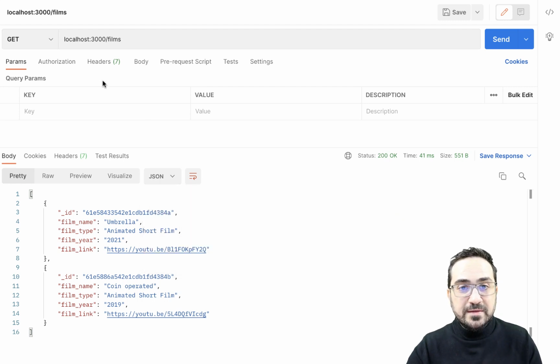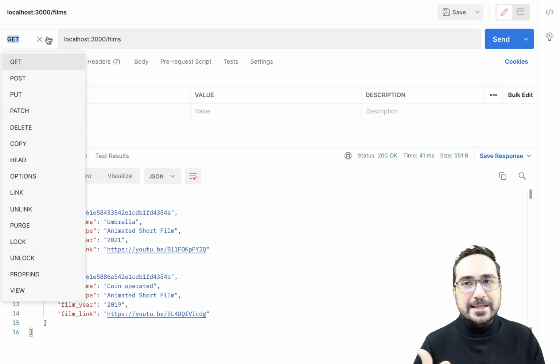And the second thing is that I can start playing around with some configuration here about authorization, headers, and body that I have to configure whenever I make a call. I don't always have to do a GET. GET means bring me data. I can actually make a POST, which means put data, or PUT, which is actually the same as POST with some small changes. PATCH is about updating, and DELETE is about deleting, right? We will explore this in the next webinar. For the moment, we'll use only GET.